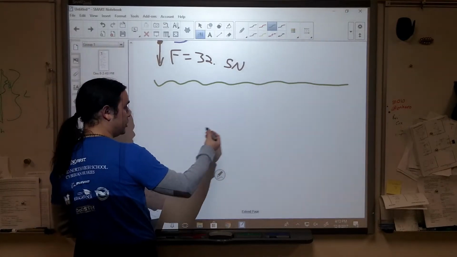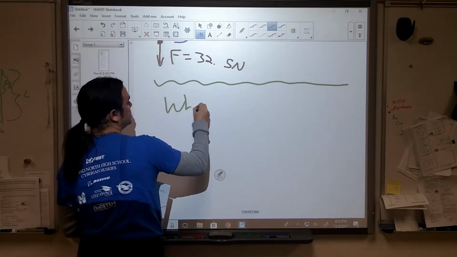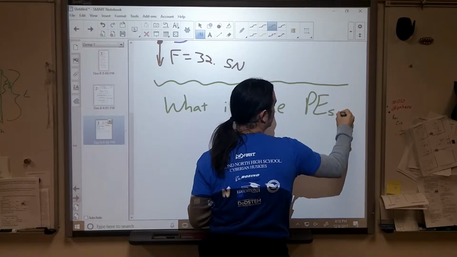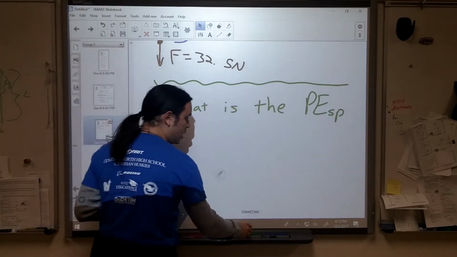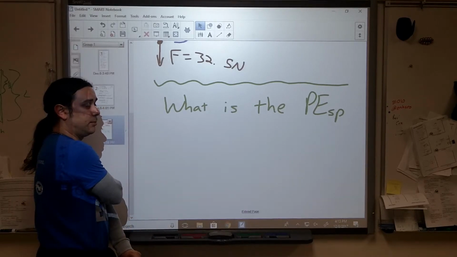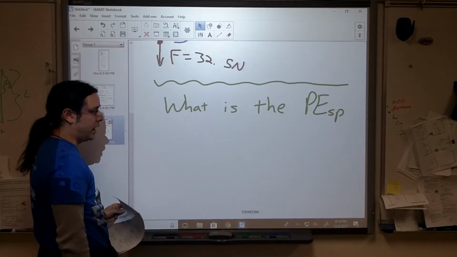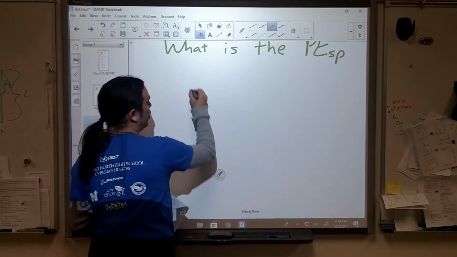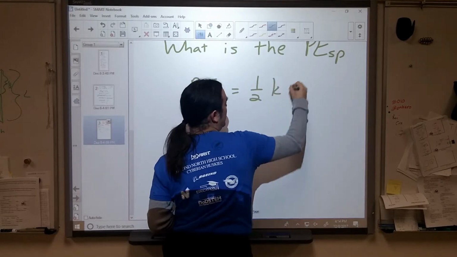What I actually want to know, and it'll be perfectly fine for this question, that we're finding the same thing, is the potential energy stored in the spring at this new length? It's different from what they've asked here, but it turns out that it's two ways of looking at the same thing, and in the next section we're going to talk about work and how to find that work. In the meantime, however, what I'm asking you is, what is the potential energy that is now stored in the spring? Well, we know that the potential energy of a spring is going to be equal to 1/2 k delta